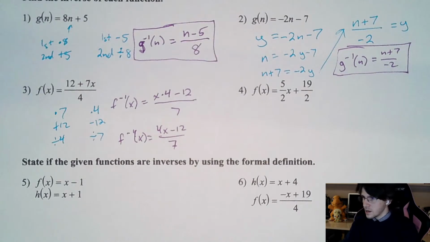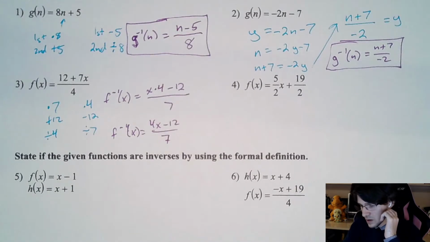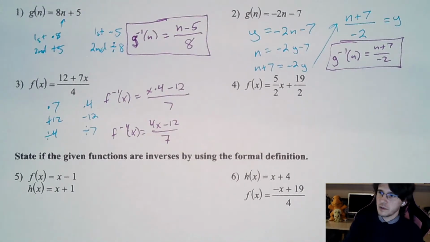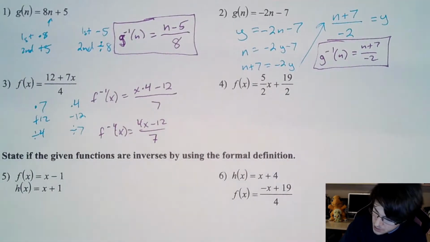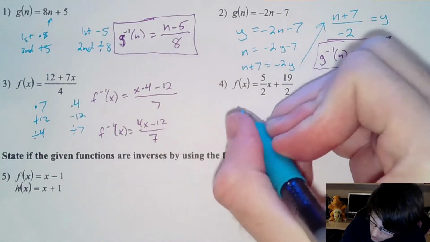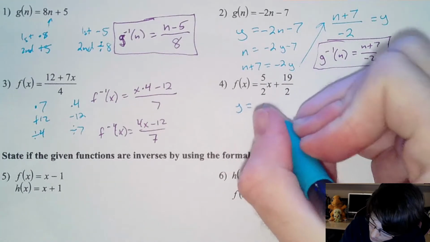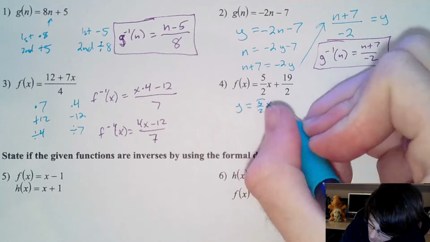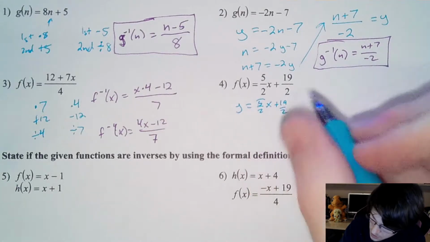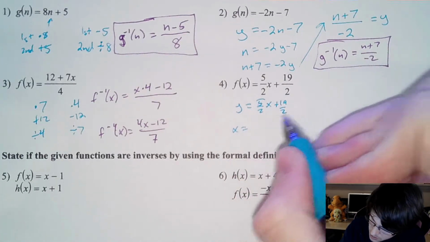All right. Number 4, so again, you could do this English method, but the English method is really hard because you're multiplying by 5, then you're dividing by 2, and then you're adding 19 over 2. And instead of adding 19 over 2, you're going to subtract 19 over 2. I would rather just do it the algebra way. So doing this guy the algebra way here, we have y is equal to 5 over 2 x plus 19 over 2. Switch the x's and the y's,